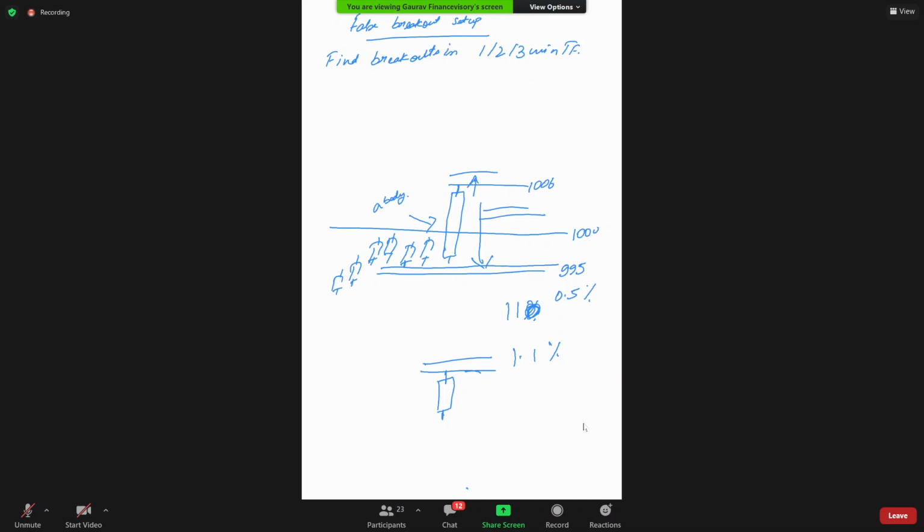What is the best: wait for pullback or breakout? In intraday, it is breakout always. For pullback, we wait in positionals, not in intraday, because in intraday we have only 6 hours to trade. If you wait for a pullback, you don't know when the market is going to strike you hard. That is why you should go with the flow in intraday.